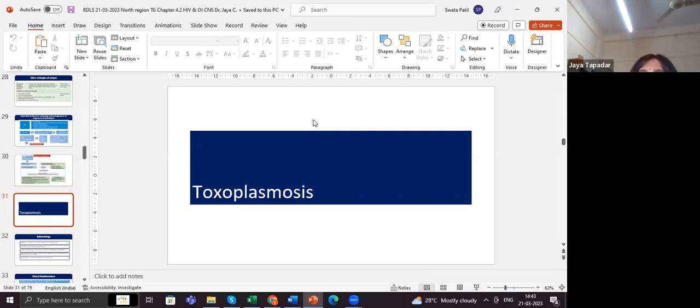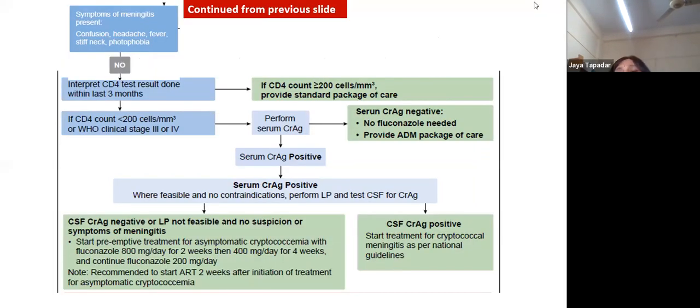But if you can't send the patient, but the patient has symptoms of meningitis, then the other option is to treat for cryptococcal meningitis, which again you will not be able to do. For you, if the serum CrAg is positive, if you can't do a CSF CrAg, send the patient to a higher center. Okay. And before I end cryptococcal meningitis, in our center, we have had 15% patients with CD4